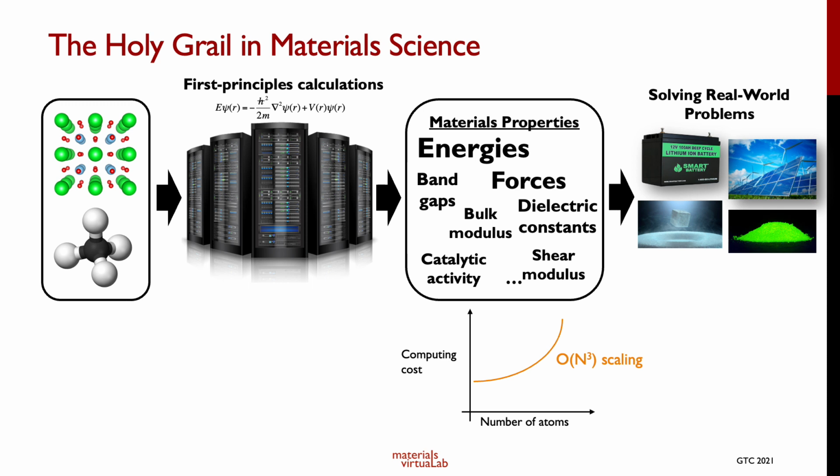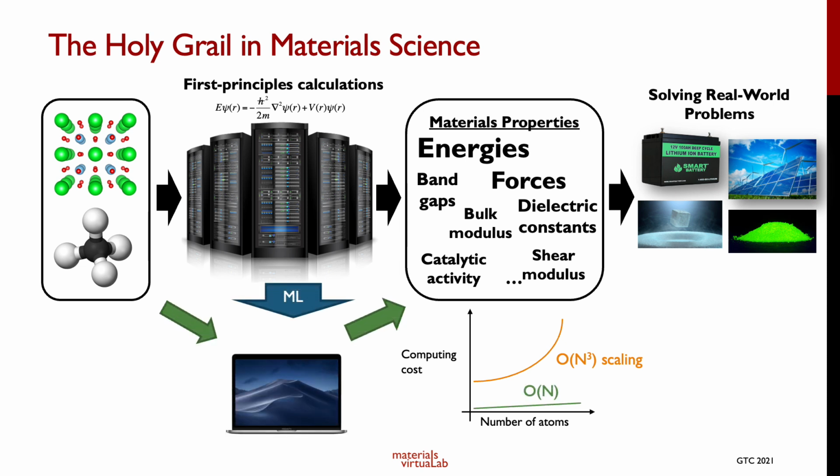This means that if you have 100 atoms versus 1 atom, you are essentially looking at 1,000,000 times the computational cost. The reason why, in recent years, machine learning has become such a big topic in material science is that we want to basically shortcut this process of first principle calculations. We already have a lot of data from first principle calculations. So can we use that data to develop machine learning models that can learn the relationship from the arrangement of atoms to material properties?